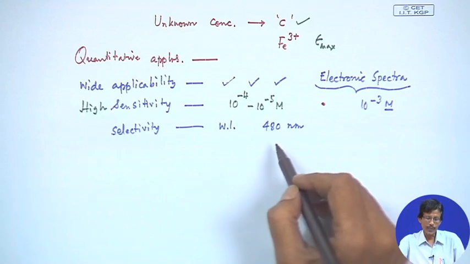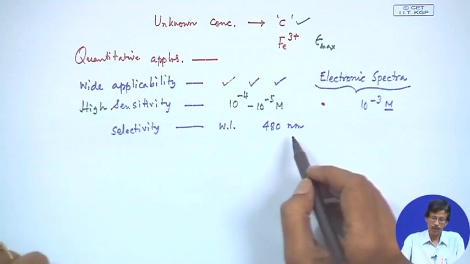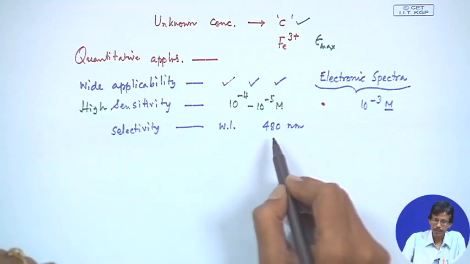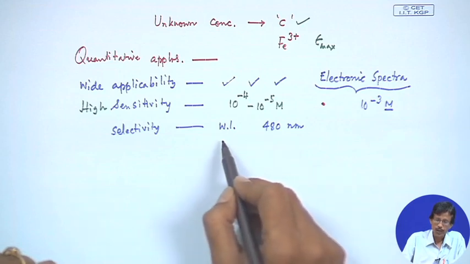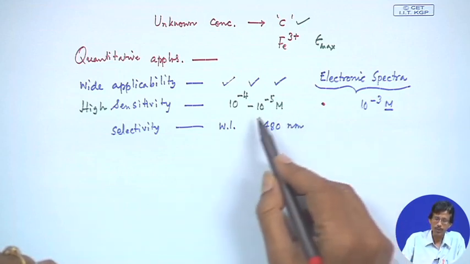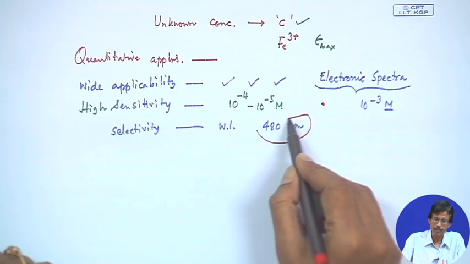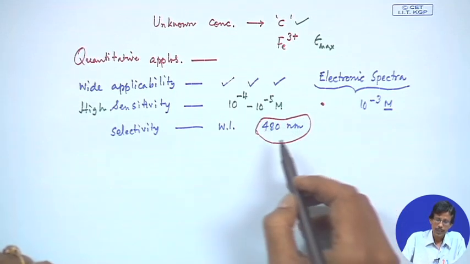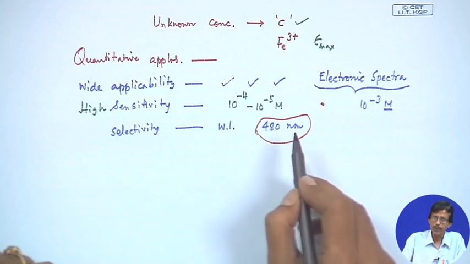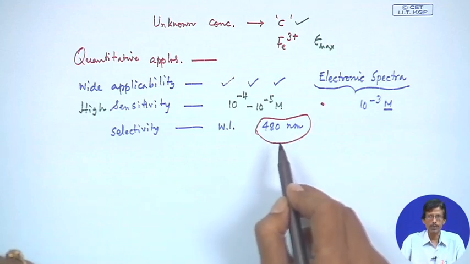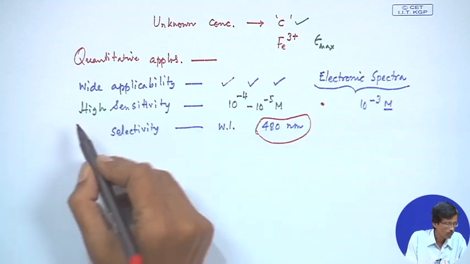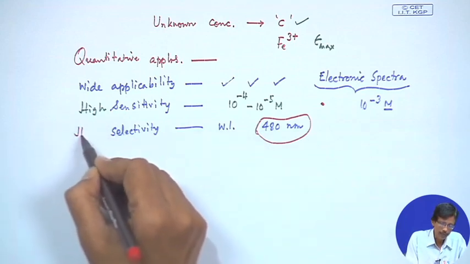If you want to measure its concentration, it is this particular wavelength which is useful. If the background or the environment is contaminated with some other species, those species will not be able to absorb at this wavelength. So, it will also have very high